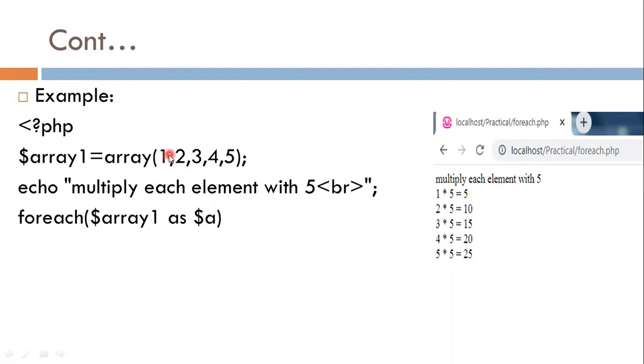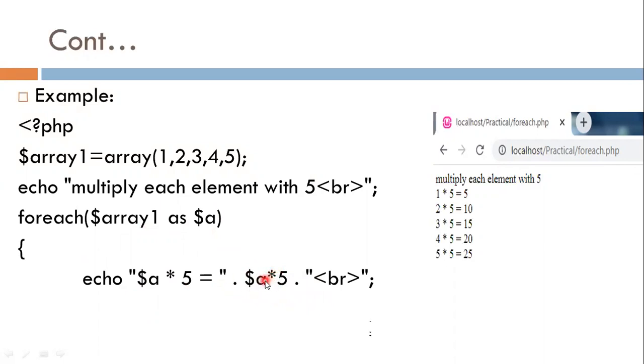So I have to go through each and every element. So the multiplication statement is repeated for each and every element. So I use foreach as a statement. Then the array name as any variable name. So I use here $a. Then the multiplication statement: echo $a into 5 is equal to $a into 5.